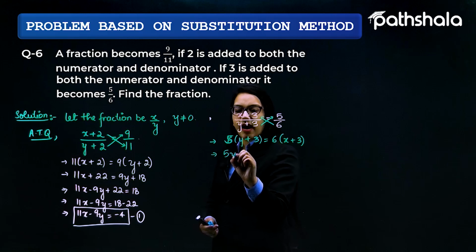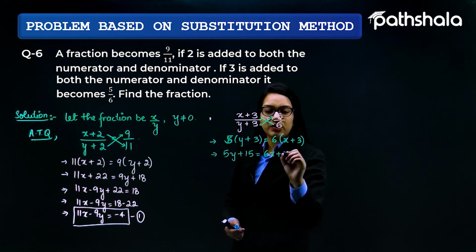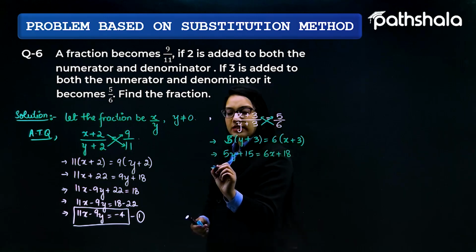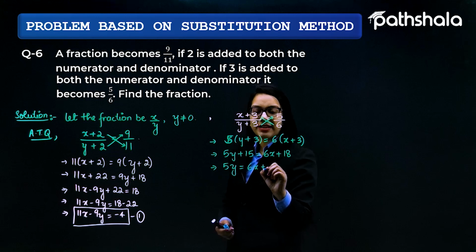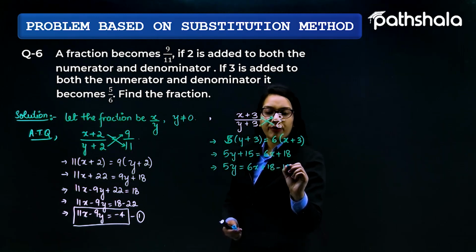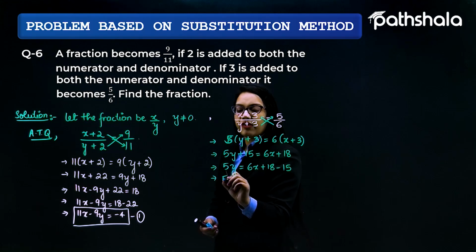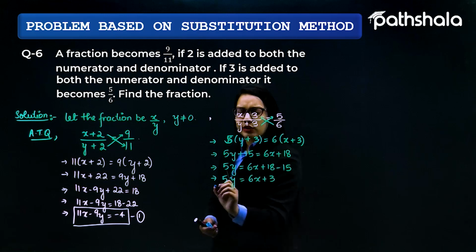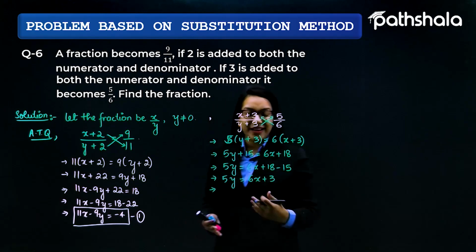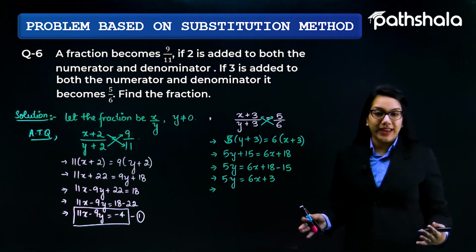It would be 5y plus 15, which is equal to 6x plus 6 into 3, which is 18. So this equation would be 5y equals 6x plus 18 minus 15. I have taken 15 to the other side, so it would be 5y equals 6x plus 3. So let us suppose I am expressing this particular equation as y in terms of x, because we are